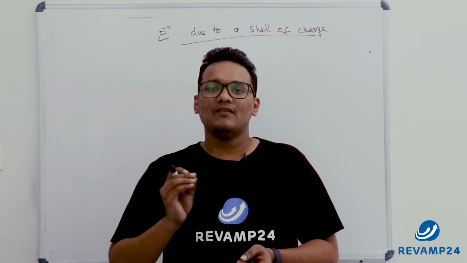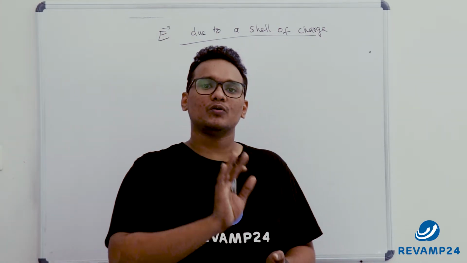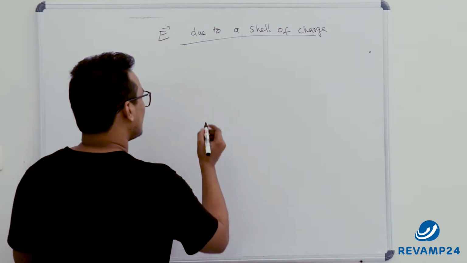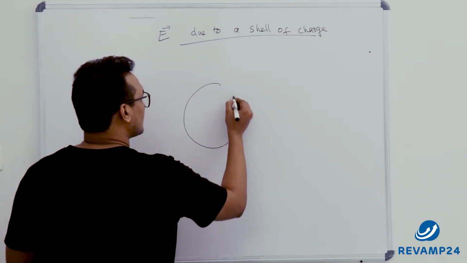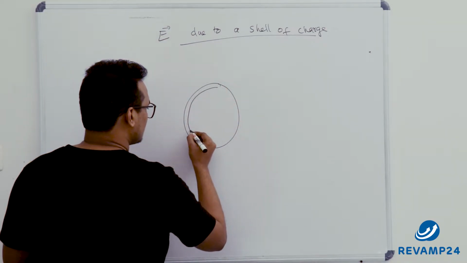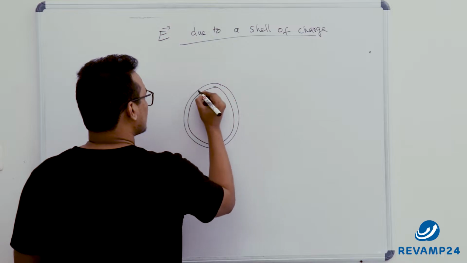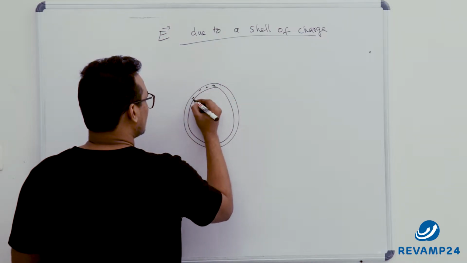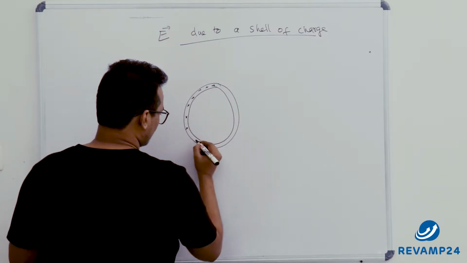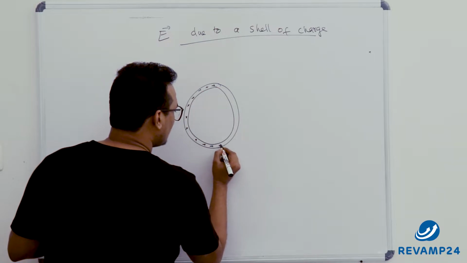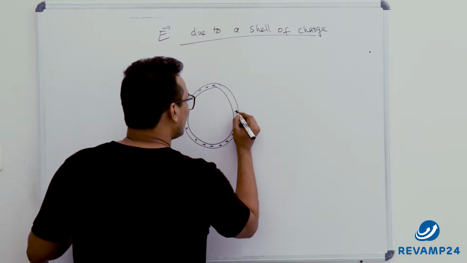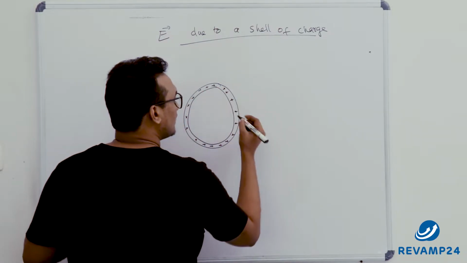In this video, I will explain the electric field due to a shell of charge. So we have a shell and that is charged. Inside it is hollow, and the charges are distributed on the surface. Now it will be the same case if you are taking a solid